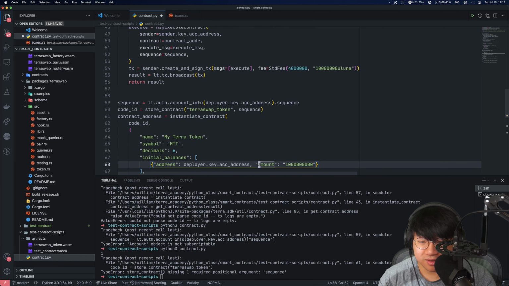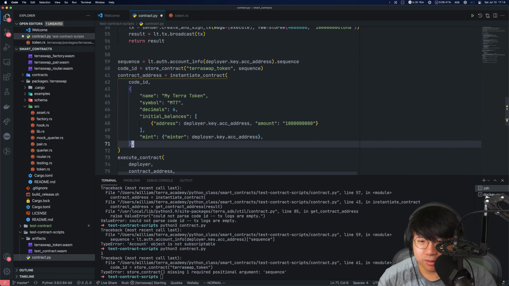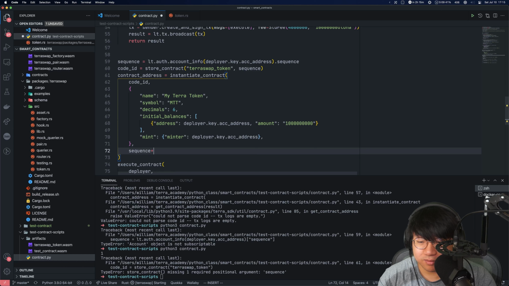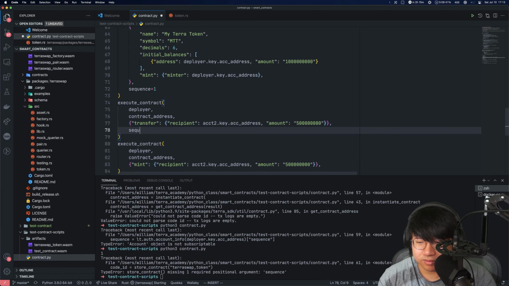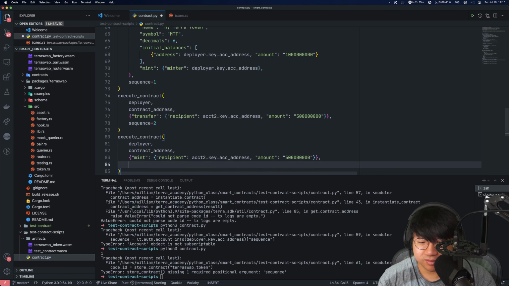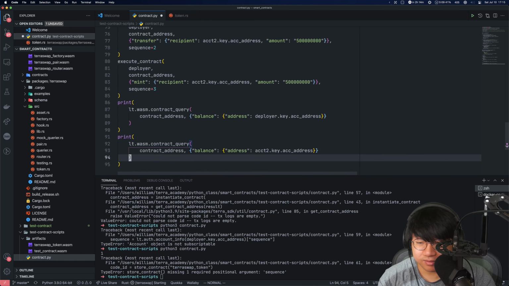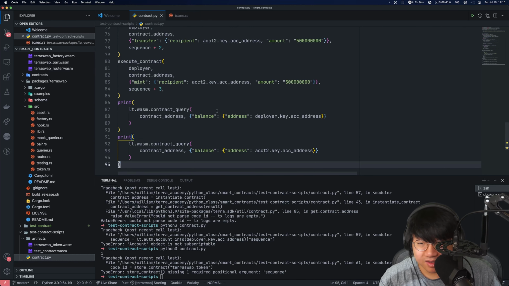Now we just put in sequence. That's the first sequence. And then we use the next sequence, +1. Sequence +2. Sequence +3. Okay, I think this should work now.